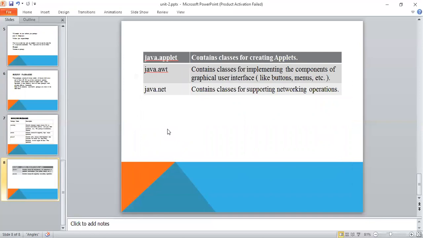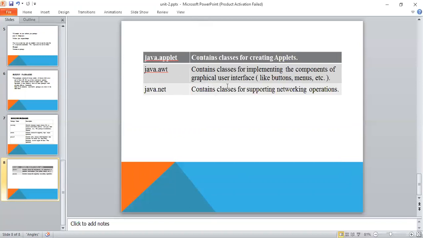The next package is java.applet. This java.applet contains classes for creating an applet. An applet is a small program. To create an applet, we need to import the java.applet package. The next one is java.awt. Why do you use AWT?